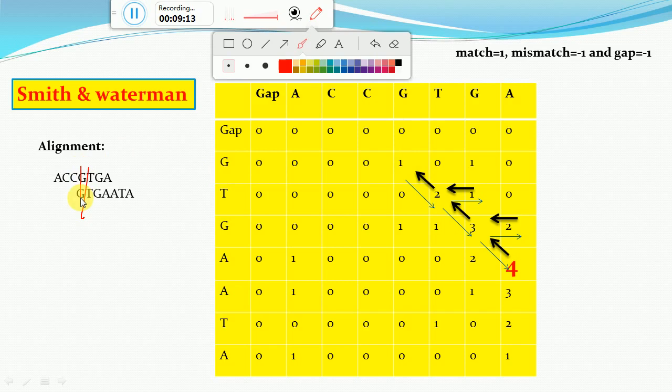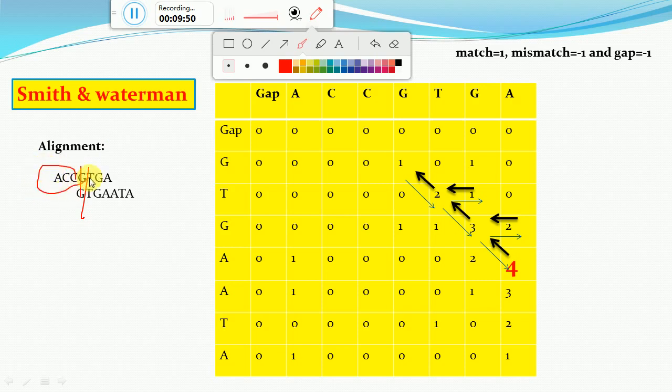Now what about the rest of the sequences? Because we have got this much, we started from two sequences, sequence 1 and sequence 2, and we have got 4 alignments, 4 matches, so we can arrange the rest of the things as they are. Like GTGA is this sequence, so then GTGA we can find in this sequence, and the rest is ATA, so we have put ATA likewise. And for this sequence we have got GTCA here, so the rest of the things, ACC, we have put on the left side.